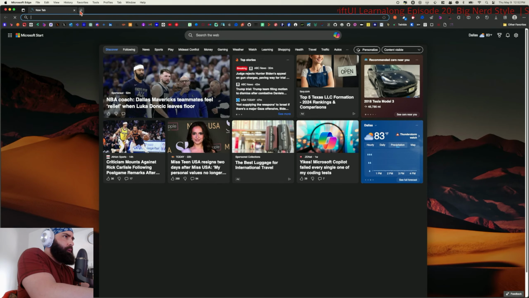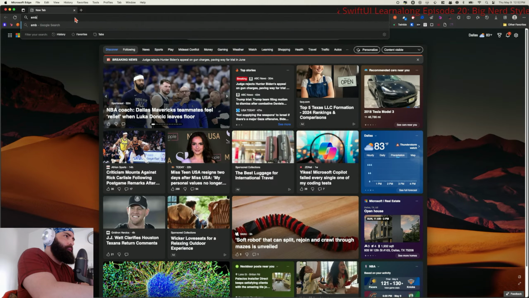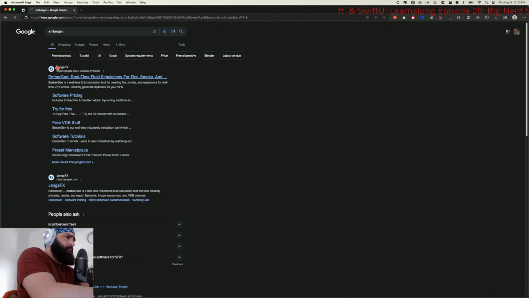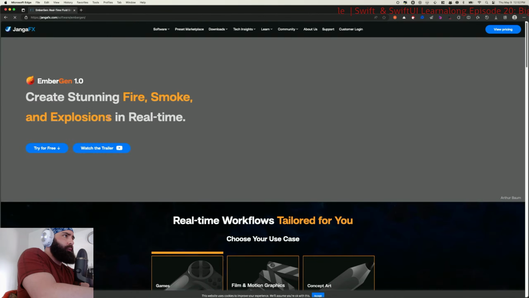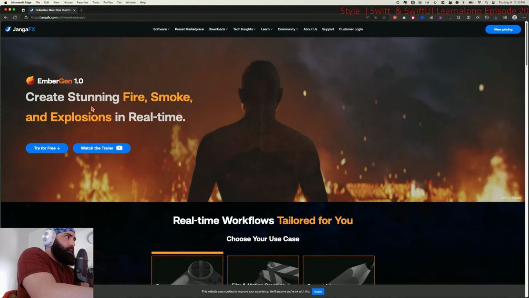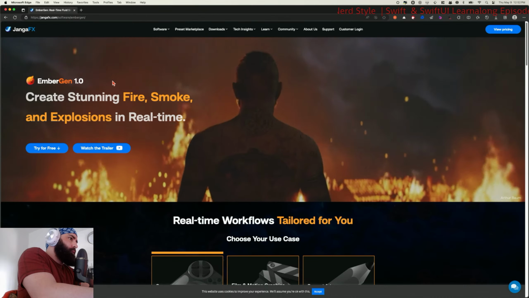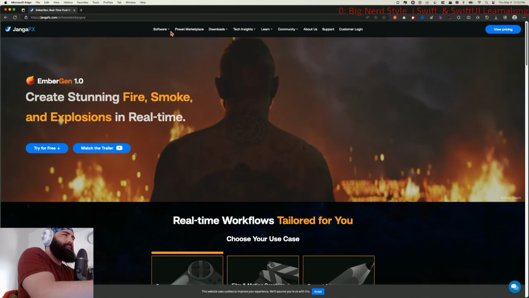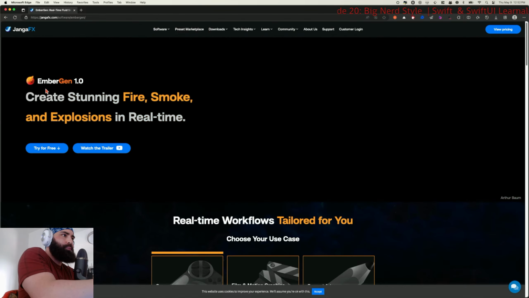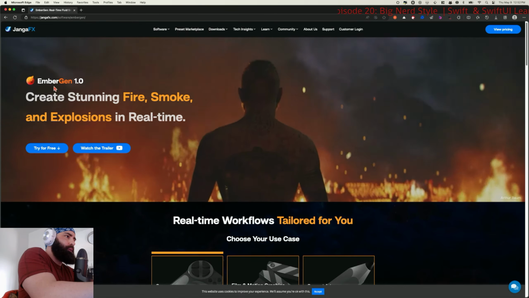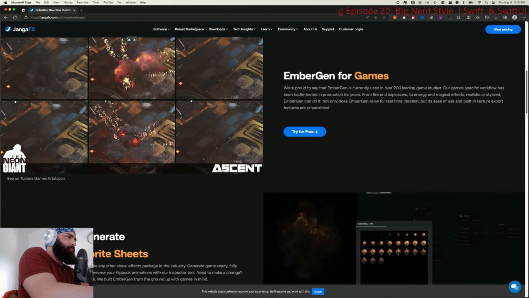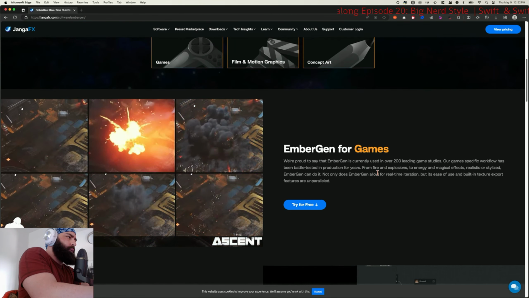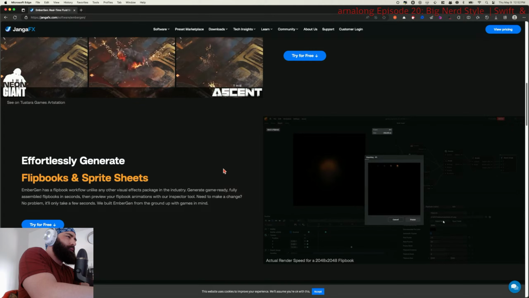Let's just give Odin a quick plug. This was almost an Odin stream until I realized it's a little too much programming language for me, if I was being honest with myself, just because it's lower level. But this product, Embergen, basically does liquid smoke effects.